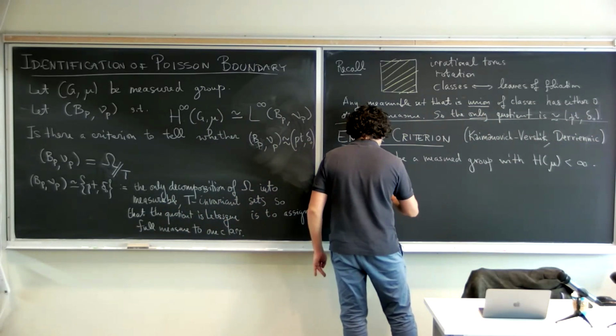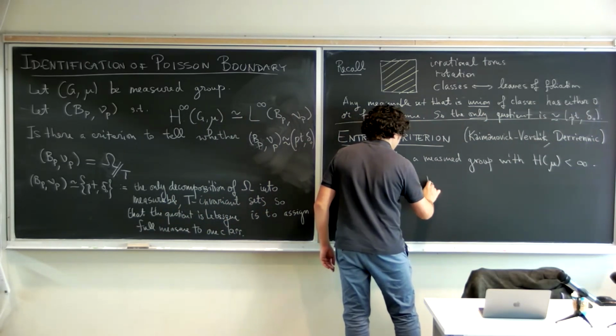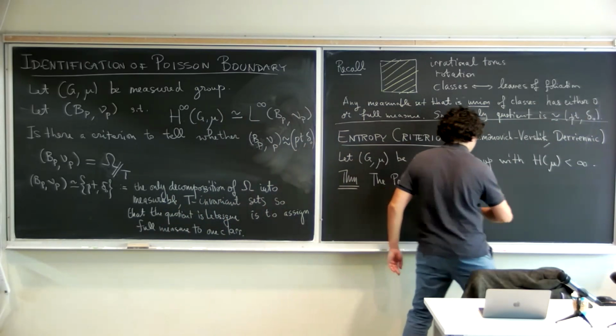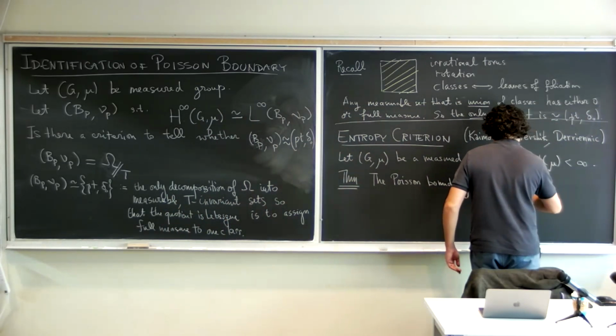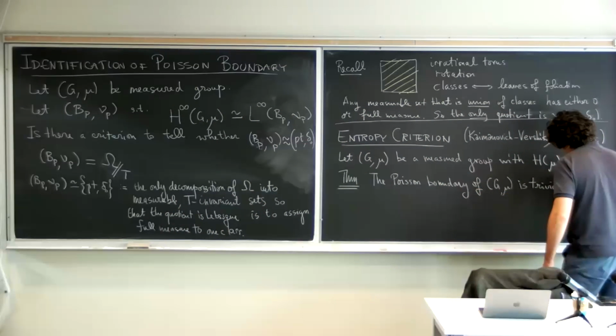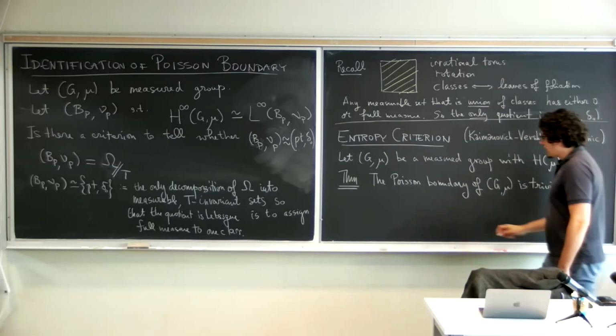The Poisson boundary of (G, mu) is trivial, meaning it's isomorphic to a point, meaning there are no non-constant bounded harmonic functions, if and only if this asymptotic